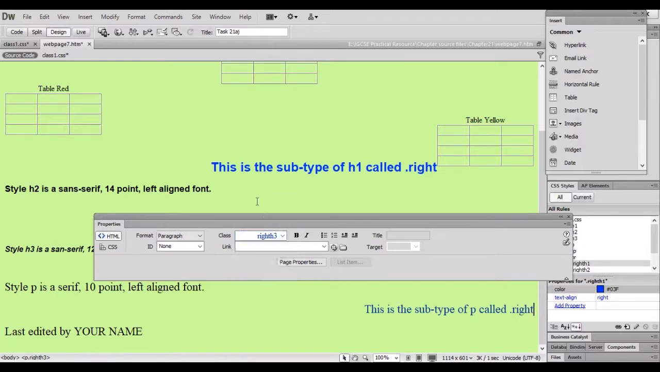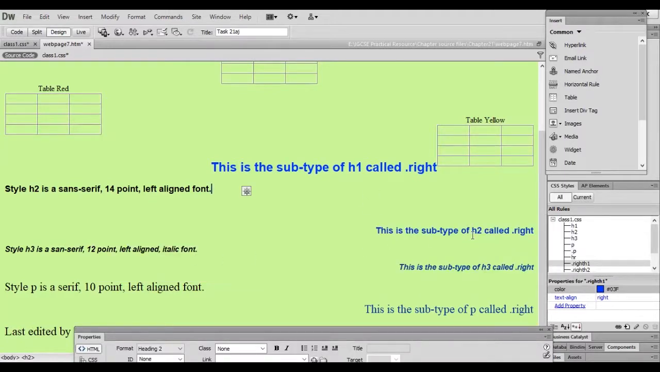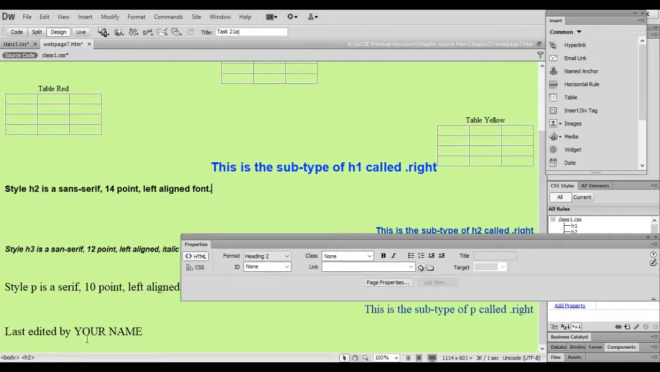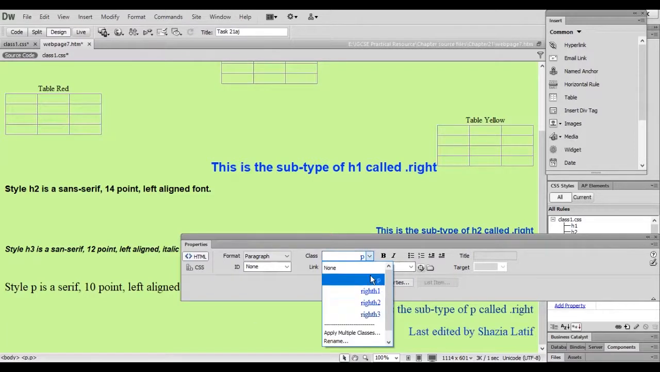So wherever my text begins with this, it is a subtype of H2, called right H1, H2, H3. So this is the first example, and when we are asked to write your name here, last edited by, suppose I write here edited by, so also use a class here, suppose this one, or use H1, so it will change